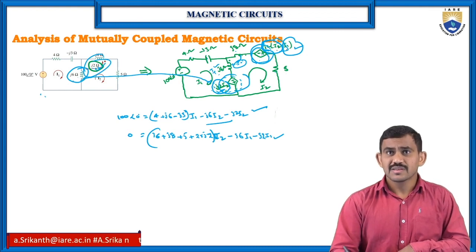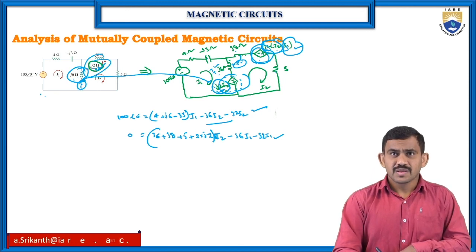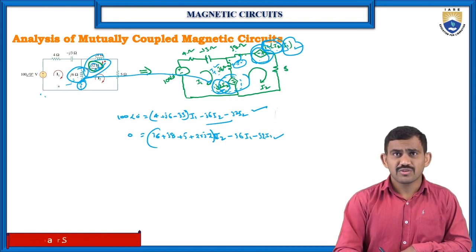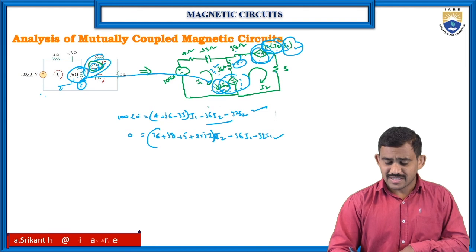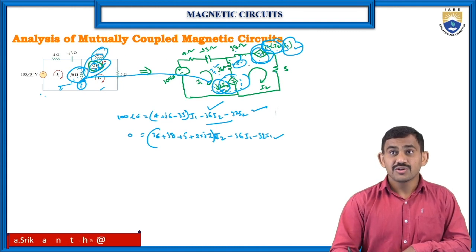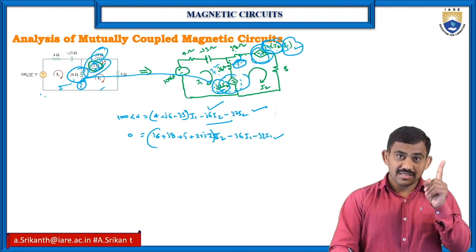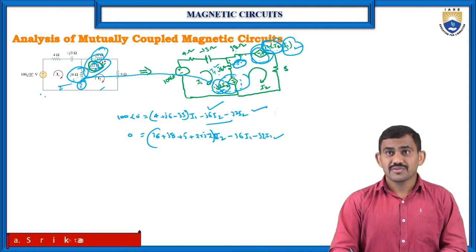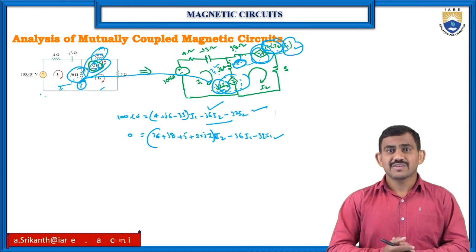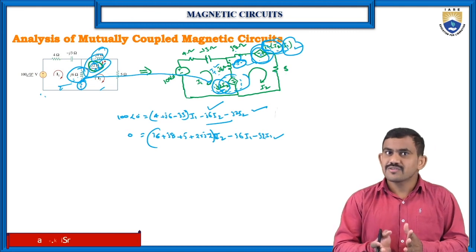So when writing loop 1, 6J is I1 current, but coupled with 2J having I2 current, so we write the I1 values as well as I2 values, but depending upon only one I2 current. In the 8 ohms case we have two currents, because it is mutually coupled with 6J, so 6J is there and I2 is there, writing the I2 and 6J, I1 values. You can write any manner, get the equations and solve them to get the answers.